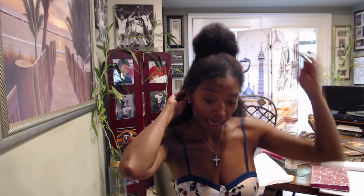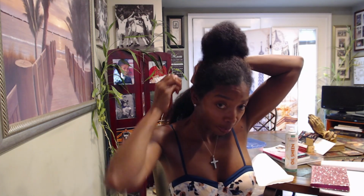But it was very temporary, because as soon as I started working out, it was a wrap. Because when I could run and do high impact stuff, I sweat like crazy. Unfortunately, now I'm not sweating as much, but just even a little sweating will cause whatever elongation I have going on to just shrivel and turn into like a little bird's nest. But anyway, I think that this turned out pretty nicely, and so I'm just going to leave it like that. And sometimes I might get a bobby pin or something, and maybe pull it back a little bit